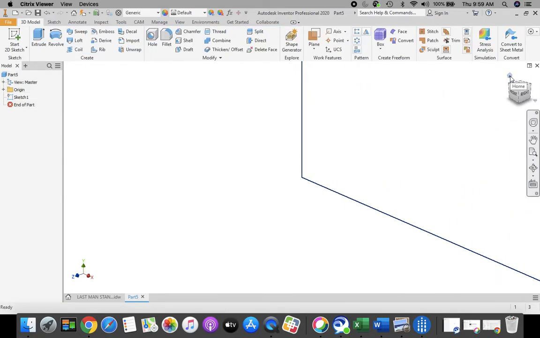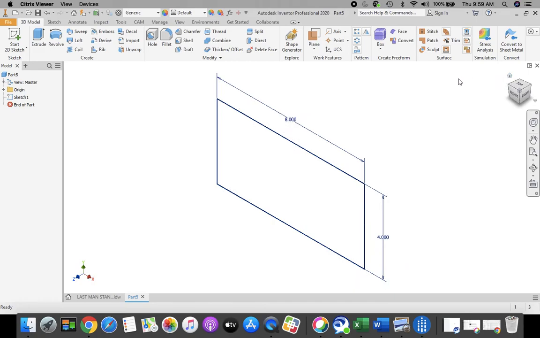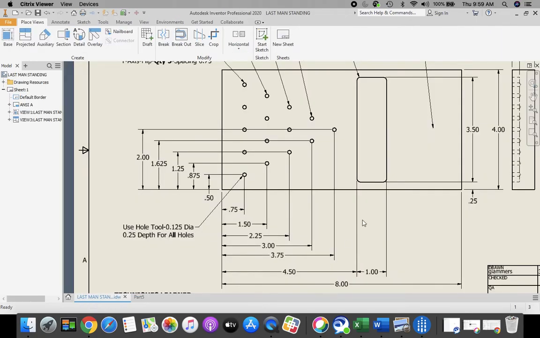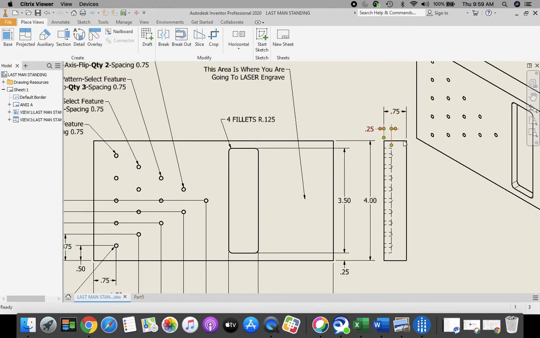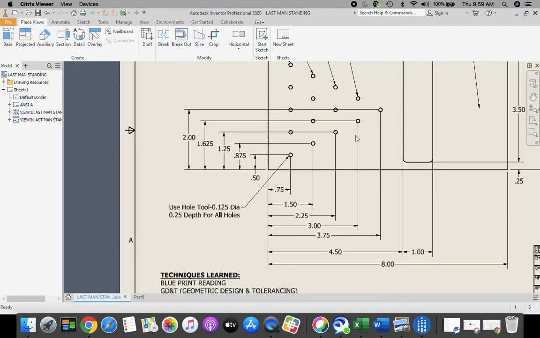We're going to go to our home button. Now we can view everything. If you take a look at our drawing, over here you can see that the thickness of our material for our last man standing game is 0.75, 3/4 of an inch. Going back to my drawing,